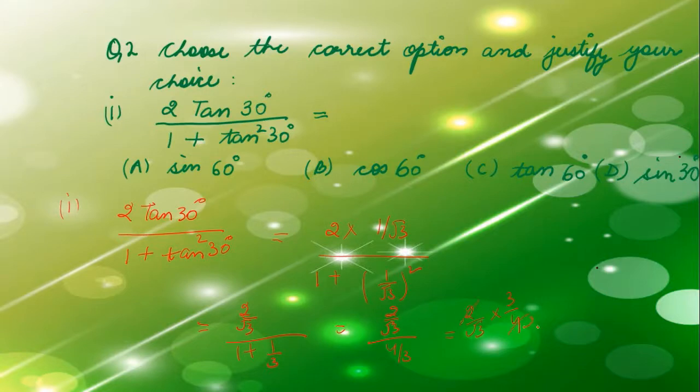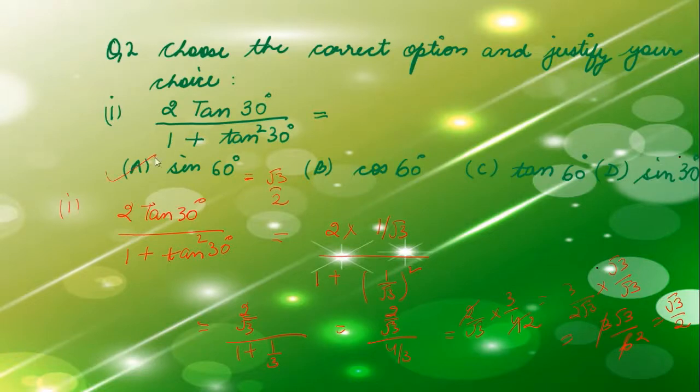So it will be, or you can write like this, that is 3 upon 2 root 3. Multiply by root 3. So it will be 3 root 3 upon 6, or it will be root 3 by 2. Now you have to see for which angle it will be root 3 by 2. Now see, sine 60. What is the value of sine 60? First of all, you should know that sine 60 is your root 3 by 2. Okay. So that means this is your answer.